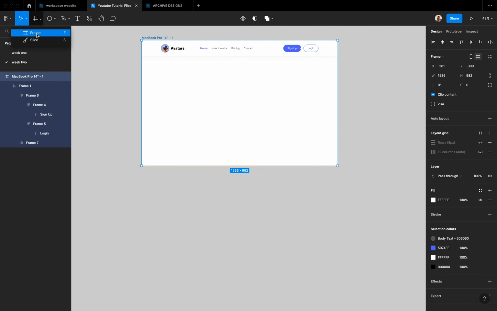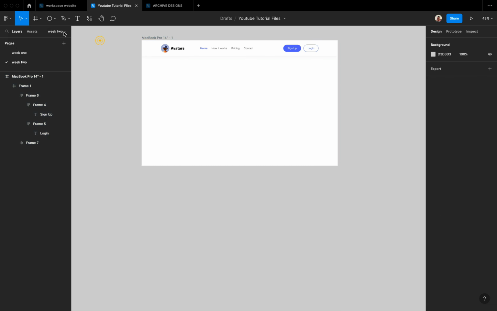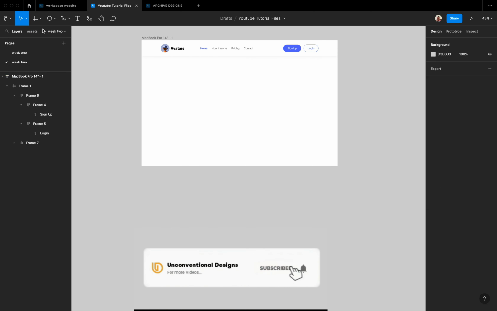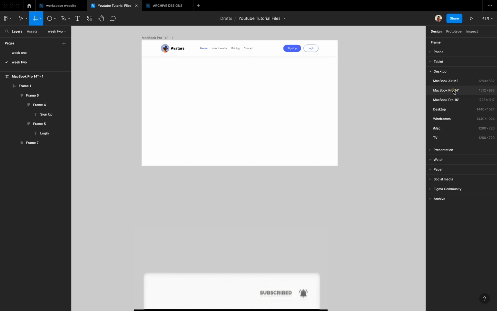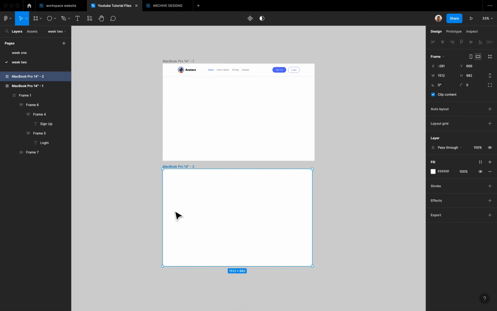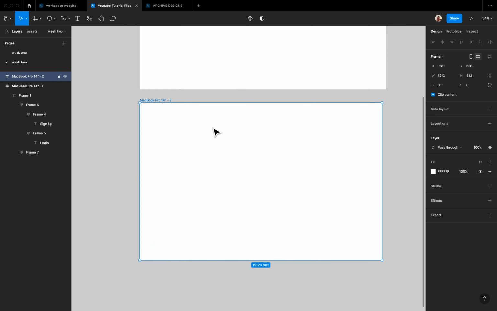So first, if you remember what we mentioned last week, you can press F to create a frame just like this. You get this. But when you create a frame, you come here to choose your MacBook. So like we mentioned last week,